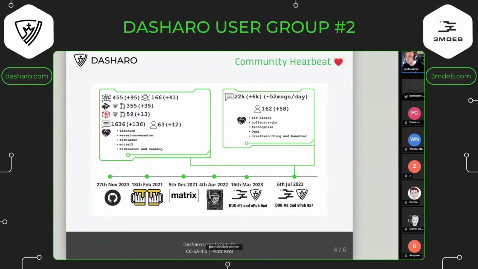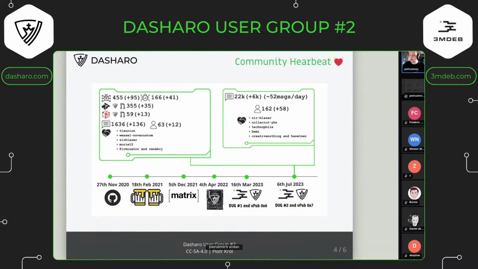There is also Creative Nothing, and I guess this is the only change in these statistics of user activity. Han Etzer got to the 5th position of most active Dasharo General user. Of course, this excludes the 3mdeb employees. So thanks for that, Han Etzer. And Han Etzer will also have a discussion today about AMD stuff and the potential of AMD devices in the open source firmware ecosystem. This will be during the vPub, and we will probably touch the OpenSIL topic.